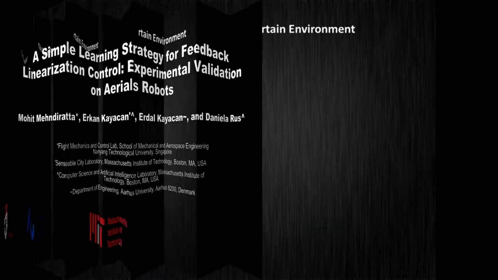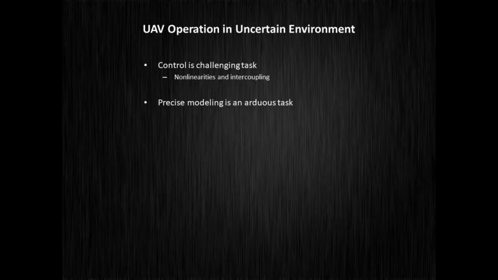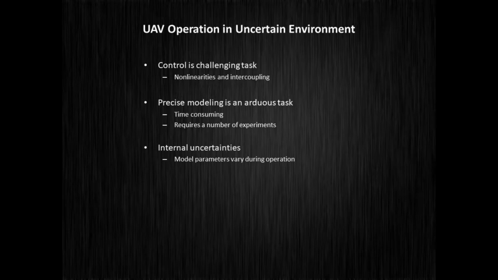There are several issues related to the operation of aerial robots in uncertain environments. First of all, their control is challenging due to the involved nonlinearities and intercoupling. Moreover, their control by model-based controllers requires a precise modeling of the system, which is time-consuming and involves a number of repeated experiments. Besides, there may be underlying internal uncertainties which may affect the model parameter values or external uncertainties